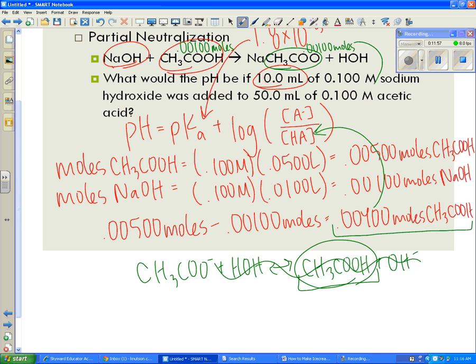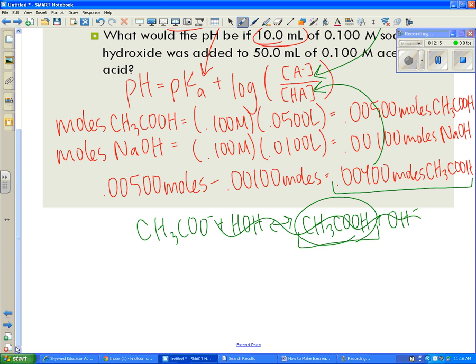That will allow us to plug that number in there. Again, some of you might be thinking, well, doesn't some of that get used up then when it reacts with water? But the amount is not significant compared to that amount, so we'll plug in this here, we'll plug in this here. So to calculate the pH,